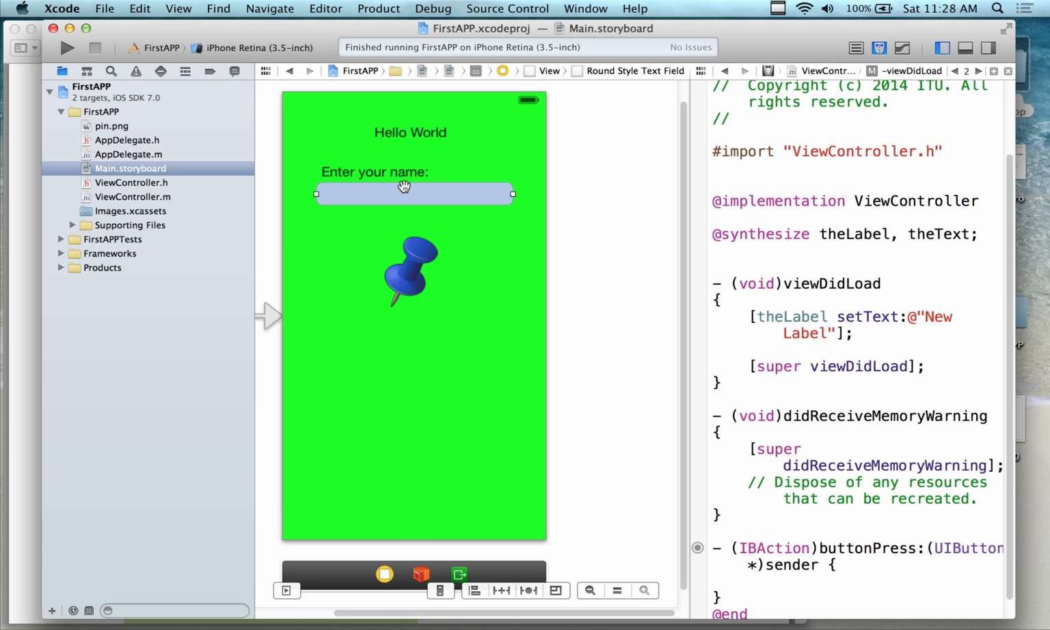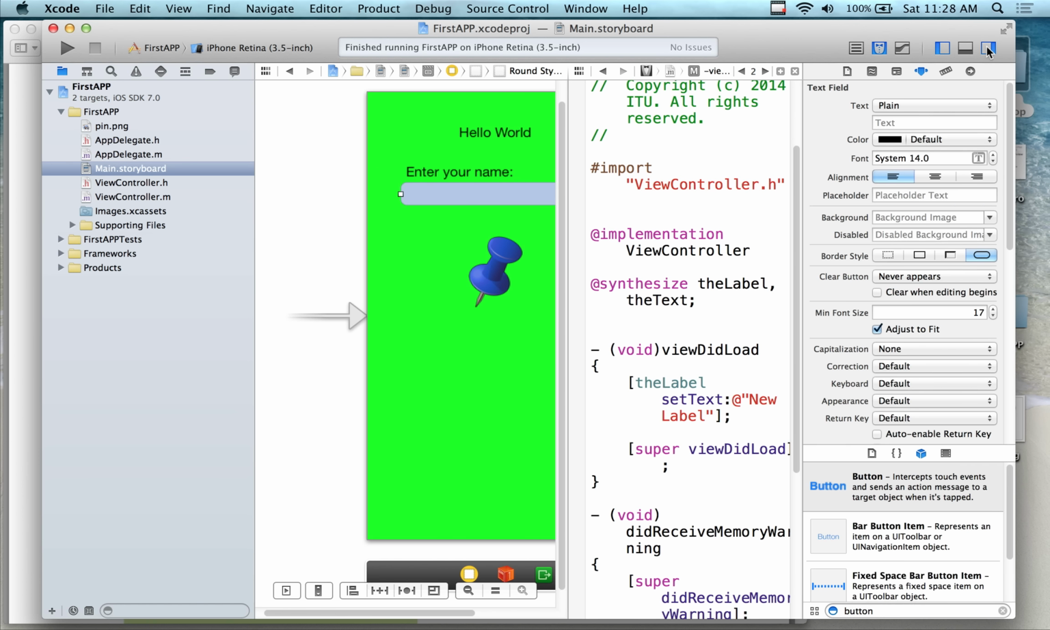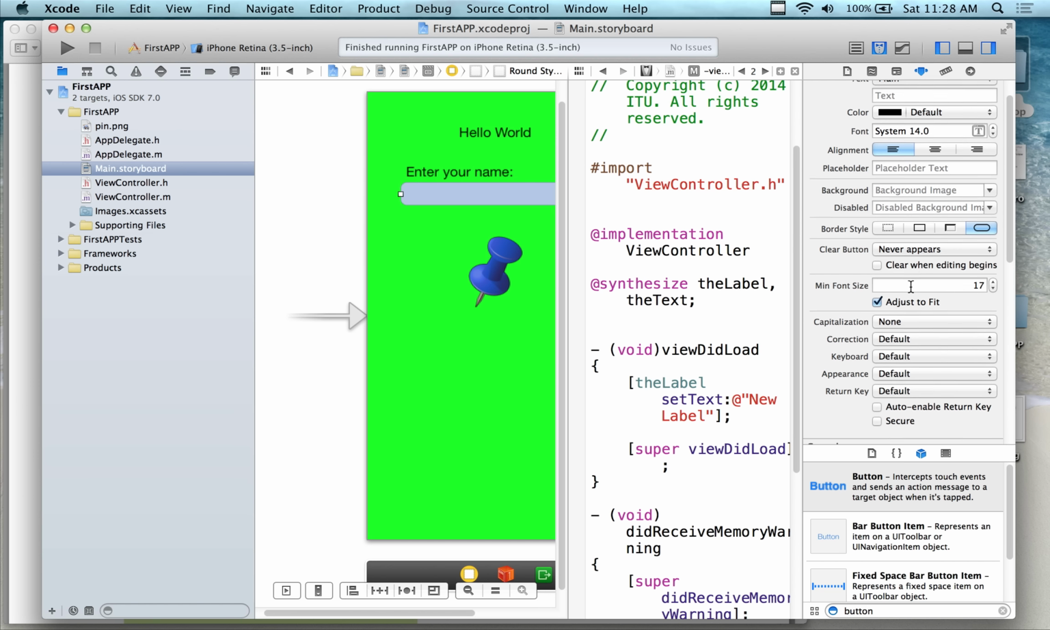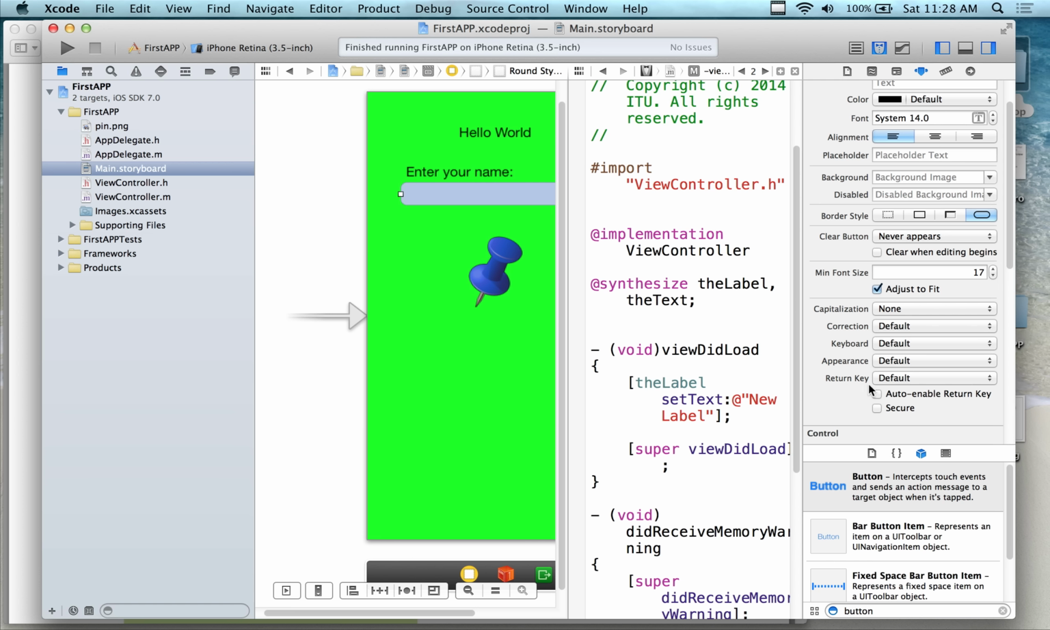So click on the text and click on the right properties pane over here. You can do this programmatically, or you can do it the way I'm going to show you how to do it. We're going to change down here on the bottom where it says return key. Remember on the keyboard there was a key that said return on it? We're going to change it to done. So if you click on the default and go down to the bottom and change it to done,